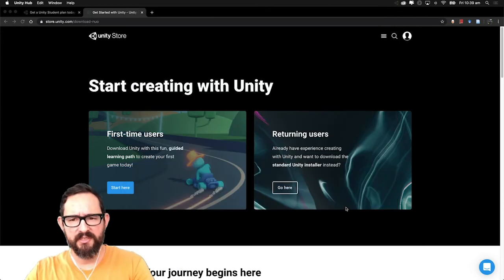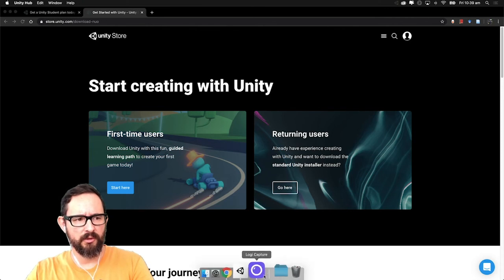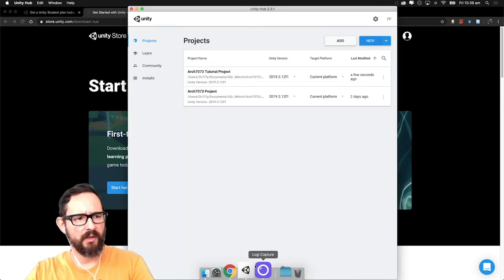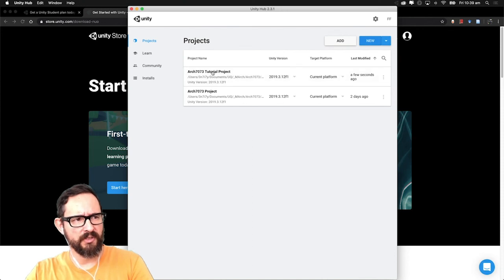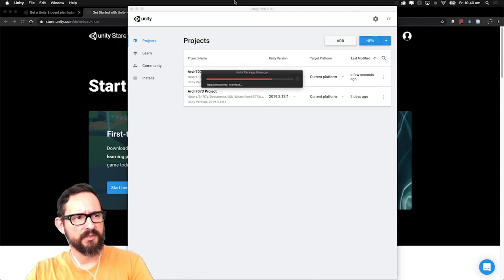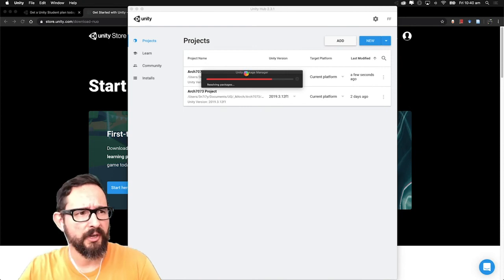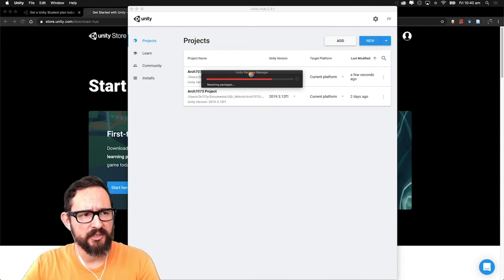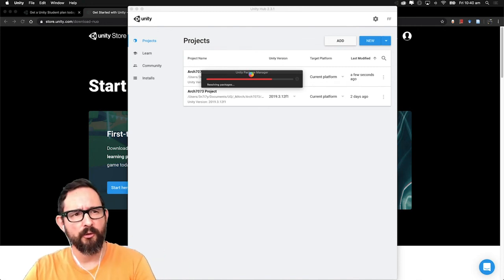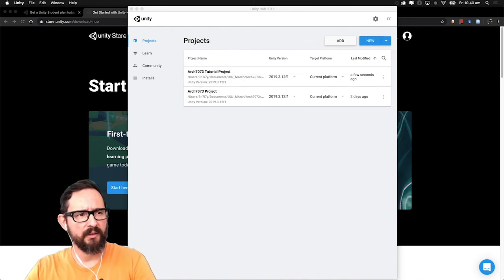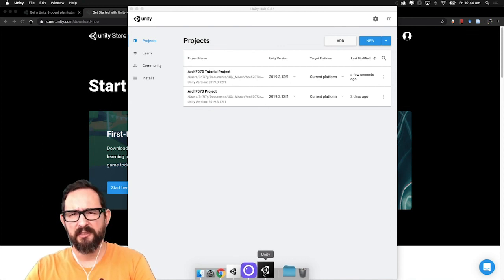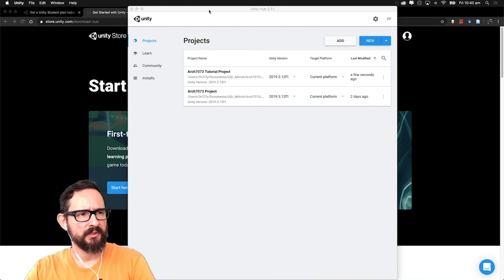So what happens is it will open up the Unity, and it's done. So once you click here, it will start opening the Unity software here. So it starts with the package manager, which is all the modules that you downloaded previously, and it will open subsequently. And this depends on the speed of your